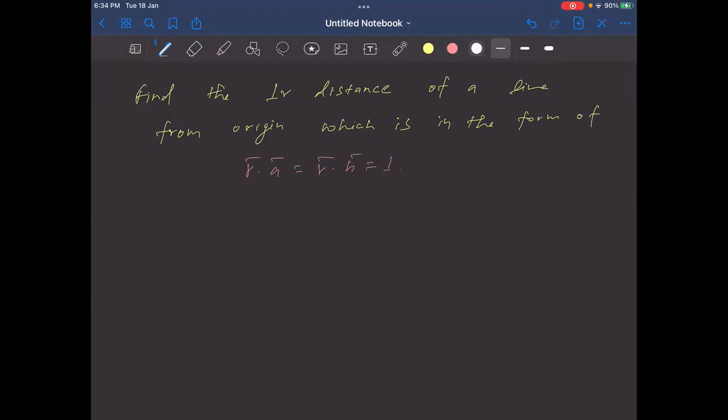ये इक्वेशन ऑफ लाइन। इक्वेशन ऑफ लाइन यदि इस फॉर्म में दिया हुआ, इसका क्या मतलब है, क्या दिखाने की कोशिश कर रहा है वो लोग बताओ, व्हाट एग्जैक्टली दे वांटेड टू शो। इंटरसेक्शन ऑफ टू प्लेन्स का फॉर्म दिया हुआ है और एक लाइन आएगा, फिर ए एंड बी आर नॉट पैरेलल वेक्टर्स, तो उस लाइन का ऑरिजिन से परपेंडिकुलर डिस्टेंस निकालना है। क्वेश्चन इज क्लियर? Yes. तो जो लाइन हमने निकाला था उसका ऑरिजिन से परपेंडिकुलर डिस्टेंस चाहिए, करेक्ट? ट्राई करो, एंड इसका एक स्टैंडर्ड रिजल्ट आता है, डायरेक्टली वी कैन यूज इन द क्वेश्चन, ठीक है।